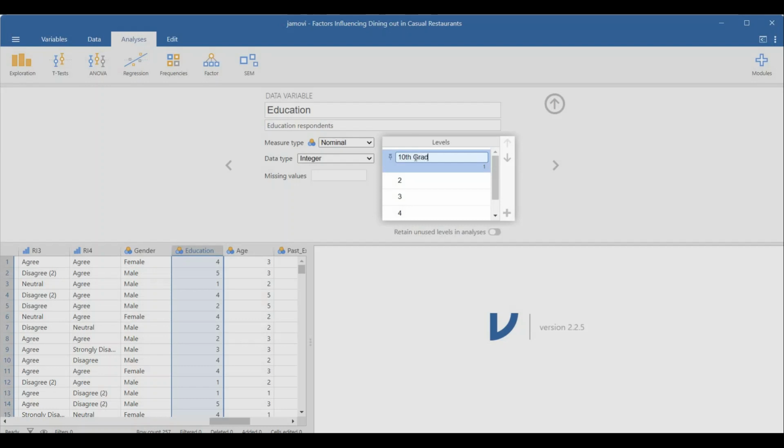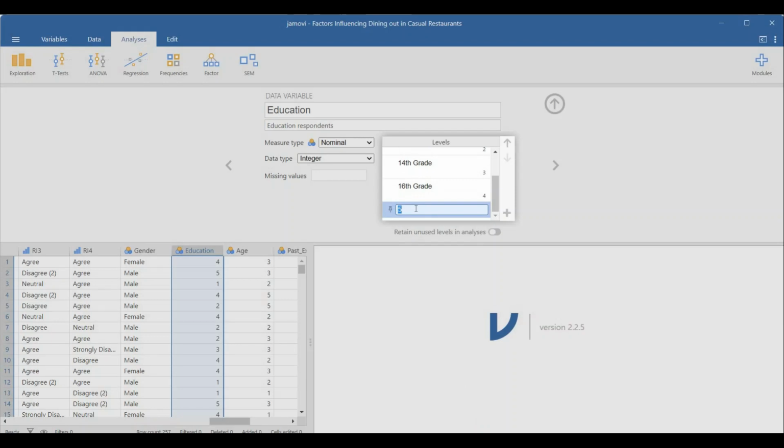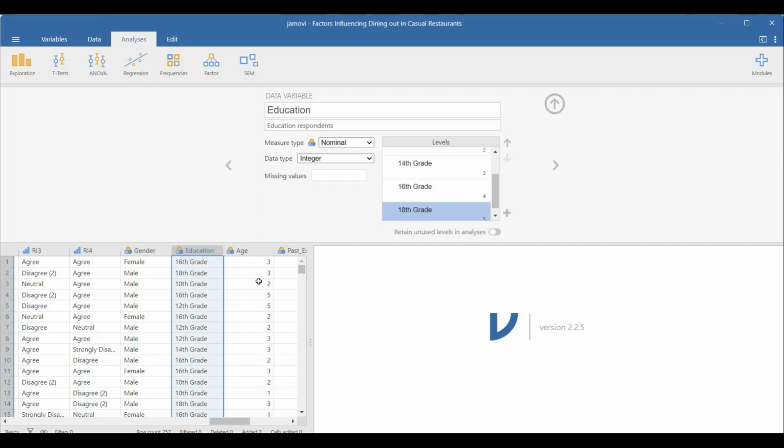The first one is the 10th grade, the second one is the 12th grade, the third one is the 14th grade, the fourth is the 16th grade, and the last one is, I think, the 18th grade. Okay, so now for education, just click here, the education coding has been attached, and then